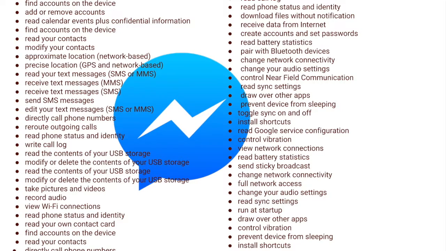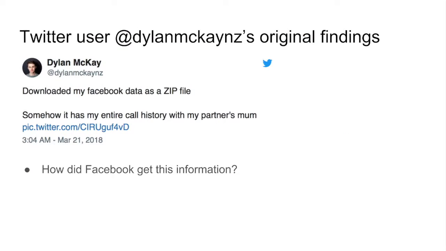This leads us to our main focus, the permissions required by Facebook Messenger. As you can see, the list is very extensive, and although it's pretty clear why most of these requirements are necessary, others such as send sticky broadcast are a little less clear. The thing to take from this is that Android has an accept all and move on style of permissions, which is neglected as soon as possible by most users.